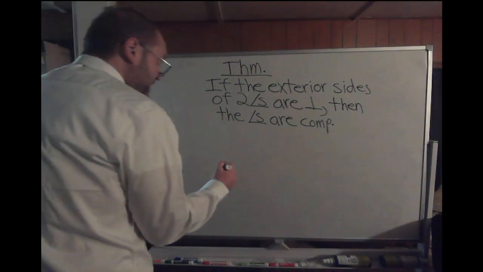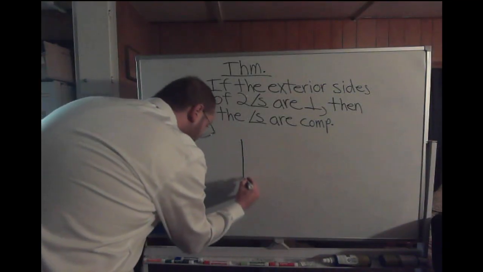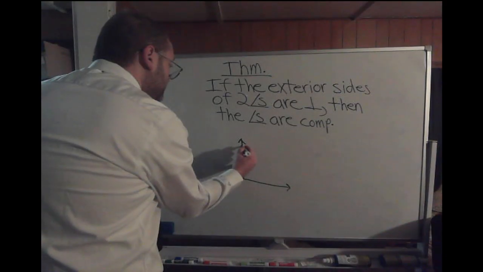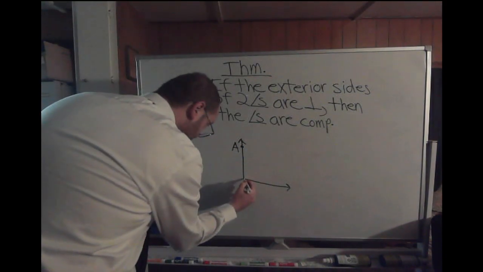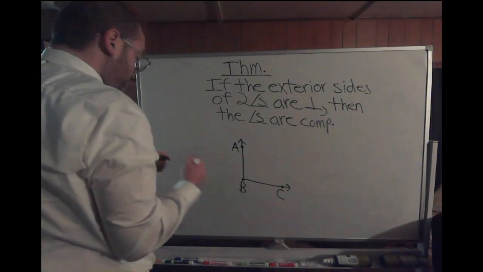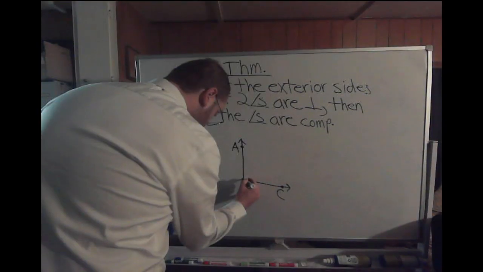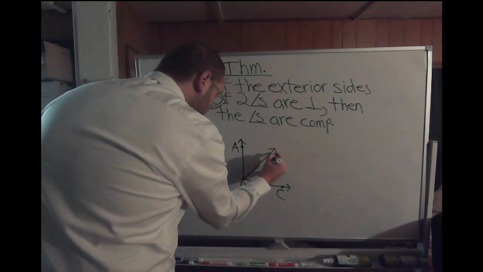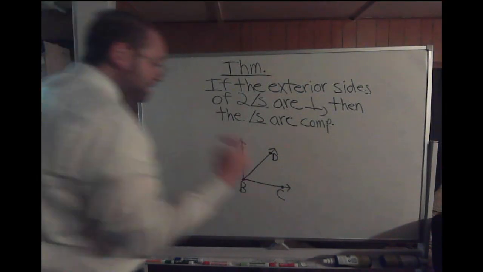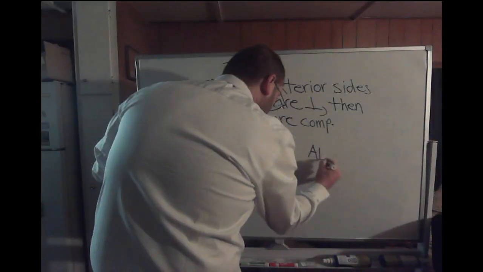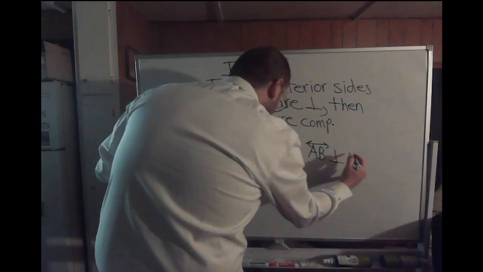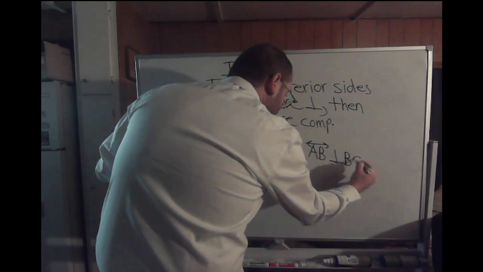So let's draw a nice diagram of this. We'll just draw a simple 90-degree angle here. This will be AB and then C here. Okay. And then, heck, we'll draw a ray. We'll put point D on here. All right. So, in other words, this is saying that if line AB is perpendicular to line BC,